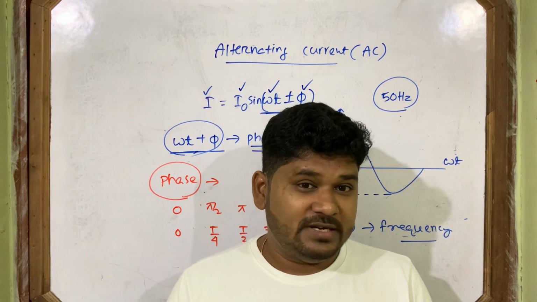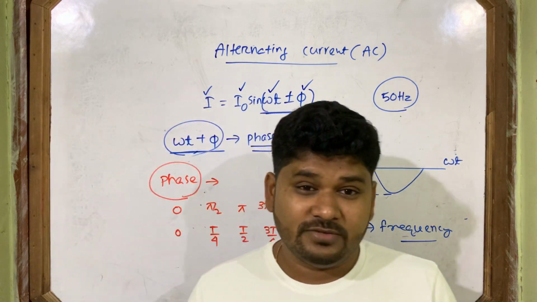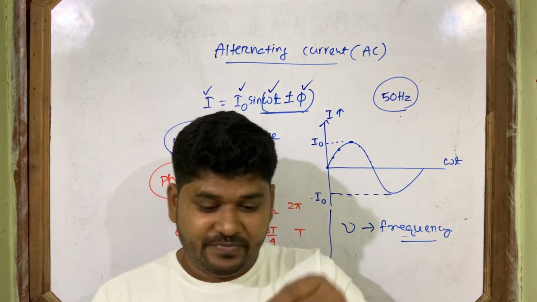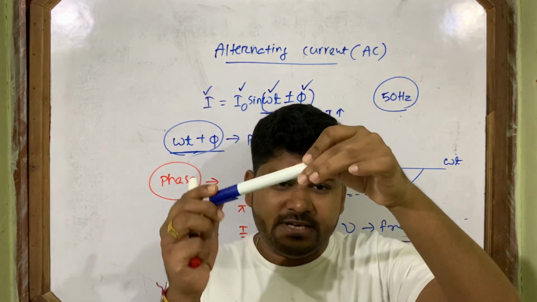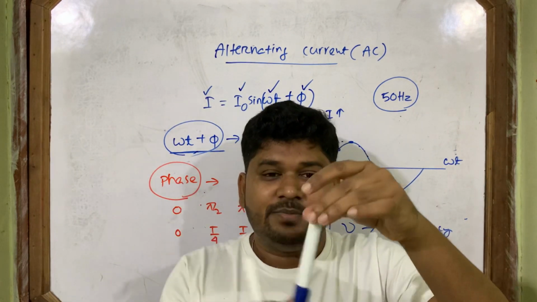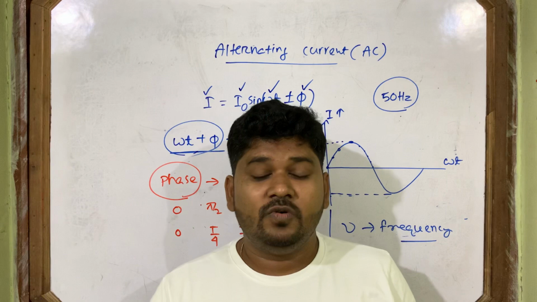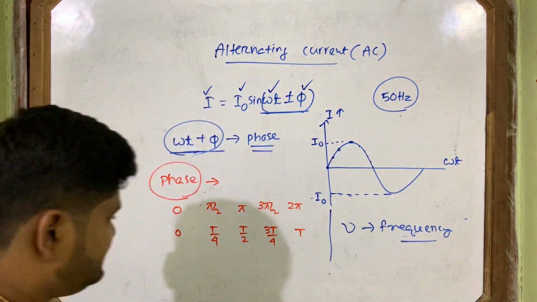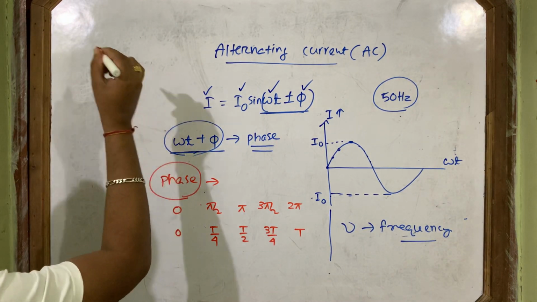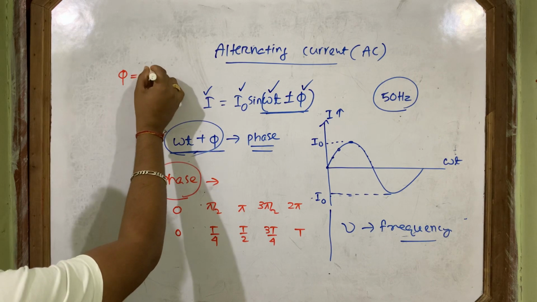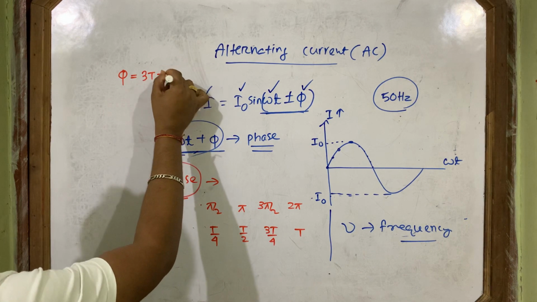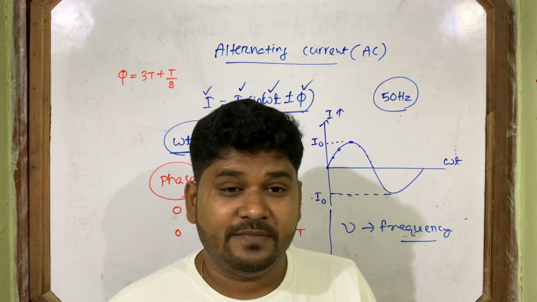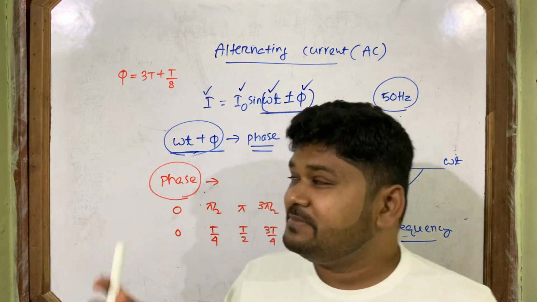Then the question comes to your mind: how do you get the direction of motion? Till now we are not getting it. You see, this body starts from here and oscillates. Suppose after some time you want to know the state of motion, where the body is now. I will just tell you the phase. The body is at, suppose, 3T plus T by 8. Now you have all the information.